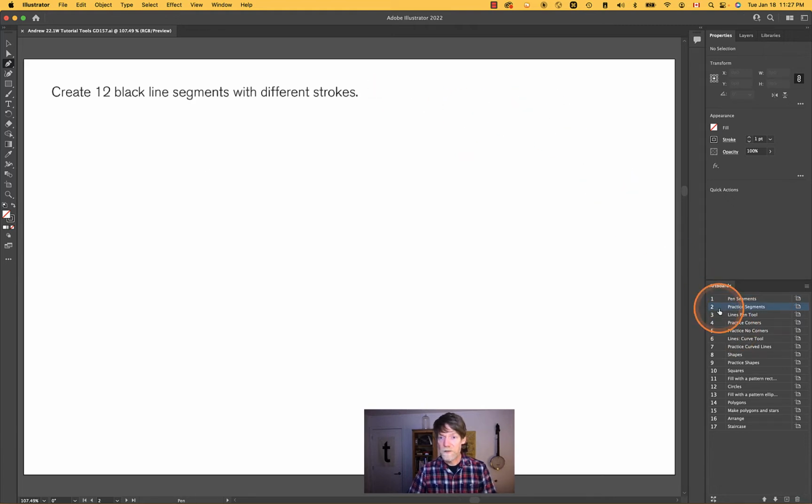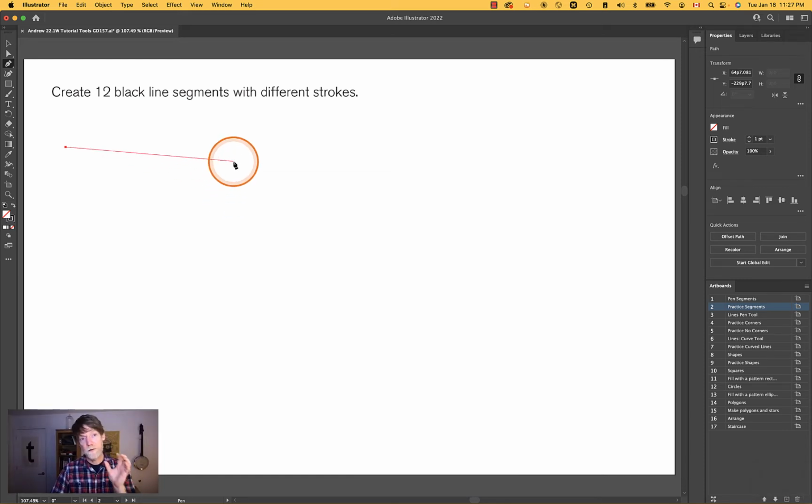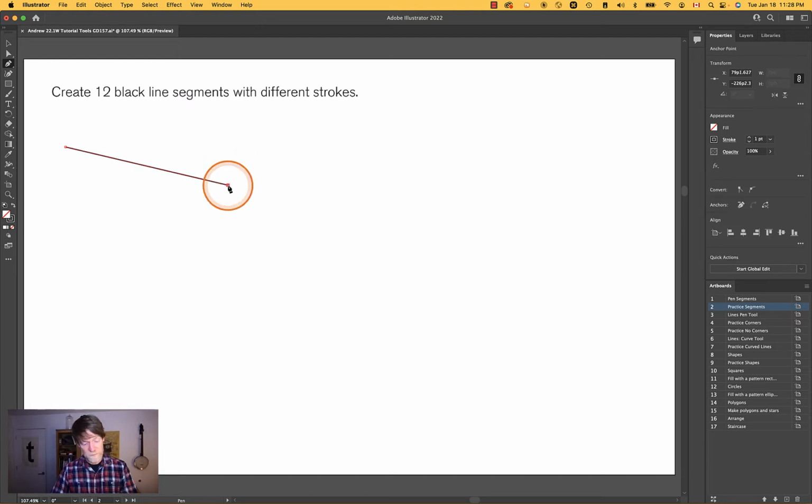And I'm going to double click and go to the next artboard. Here I want you to practice. I want you to create 12 black line segments with different strokes. They don't have to be straight. But if you want to practice holding the constrain down, that would be a good idea. So some of them I want you to constrain to 45, 90, or 180 degrees, and the other ones random. So I'm going to hit escape,